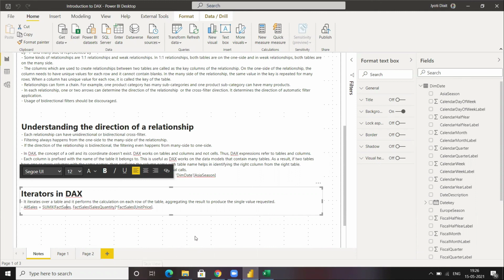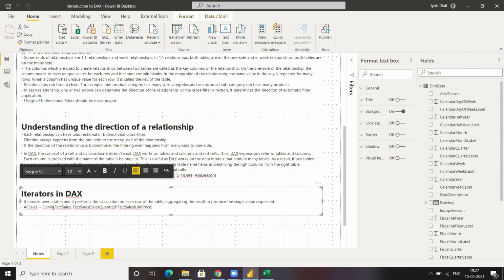So basically, this is the difference between SUM and SUMX. When we do SUM, we just take the total, and if we do SUMX, then it will iterate over each row. Exactly. This is very important. When we cover iterators, we will cover a lot about the differences between SUM and SUMX, and a few other things as well. For now, we can say that SUMX is basically an iterator.